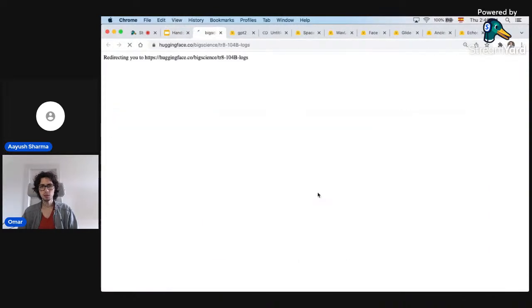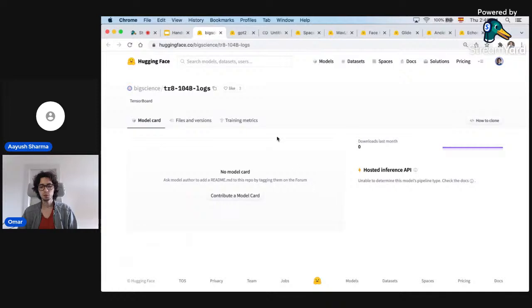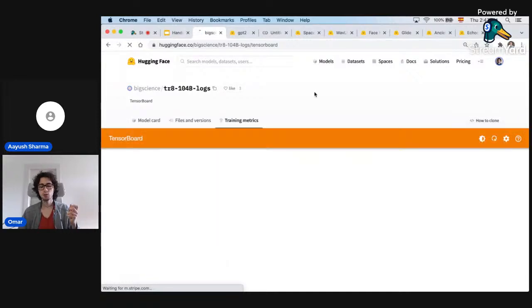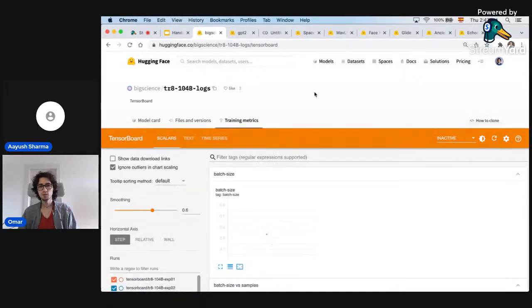The first one I would like to show you is called Tensorboard hosting. If you don't know Tensorboard, it is a tool from Google that allows people to create logs of the model during training. It then gives you a nice web interface that allows you to see the metrics and how the model was performing during training.